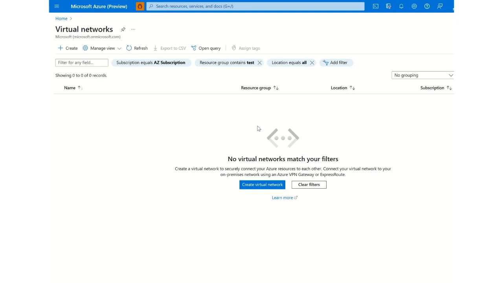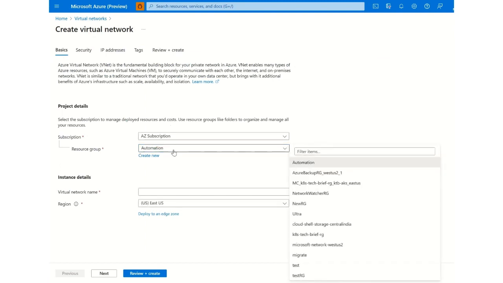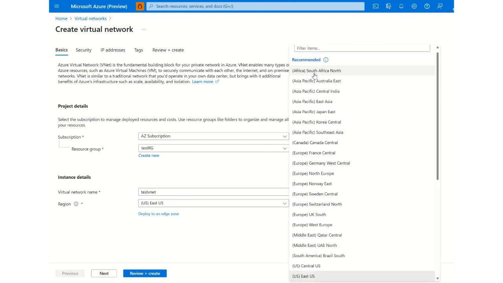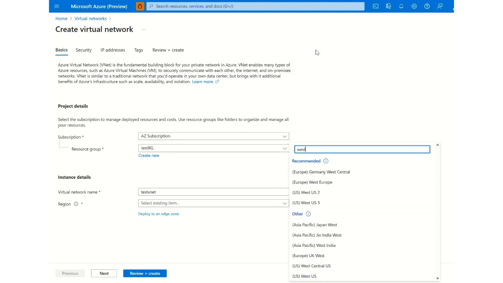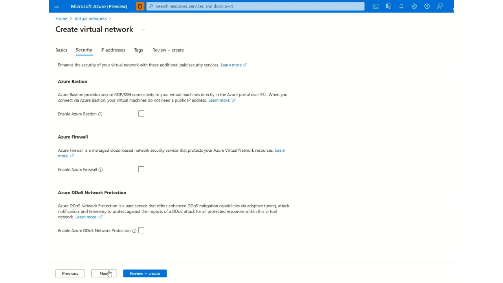To create a Vnet, search for Virtual Network and click on Create. Select the subscription, resource group and region to scope your Vnet and click on Next. We will then see a few security-related options like Azure Bastion, Firewall and DDoS protection plan, which we will discuss later